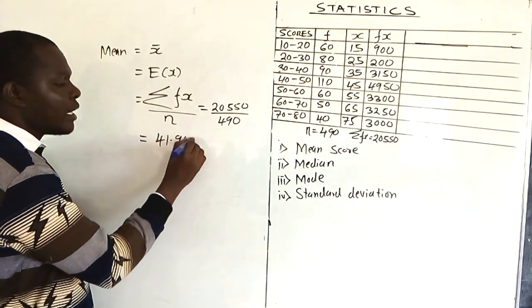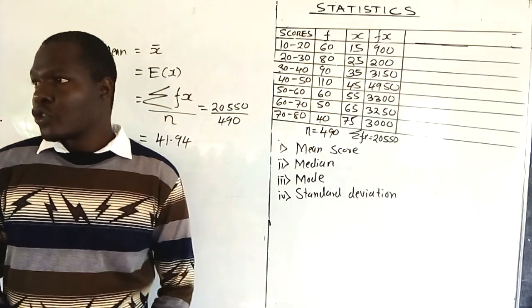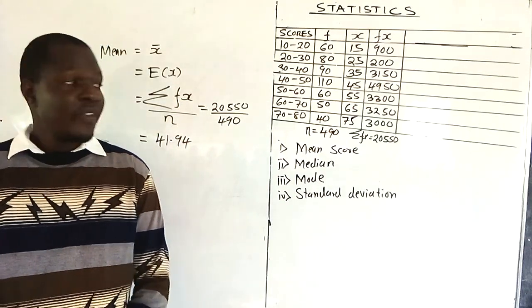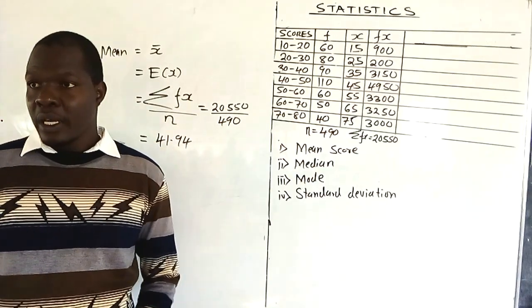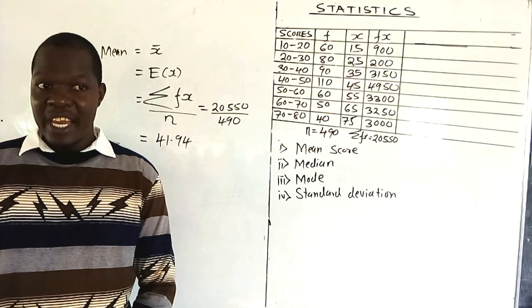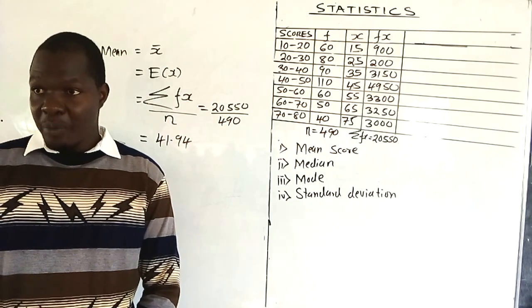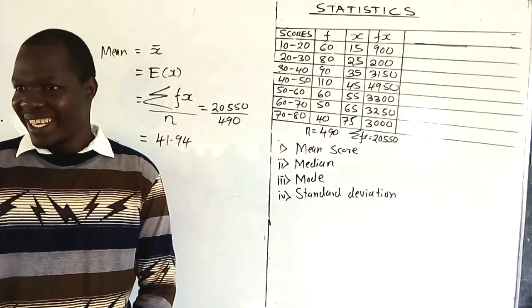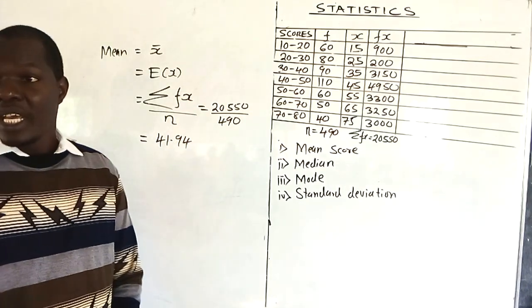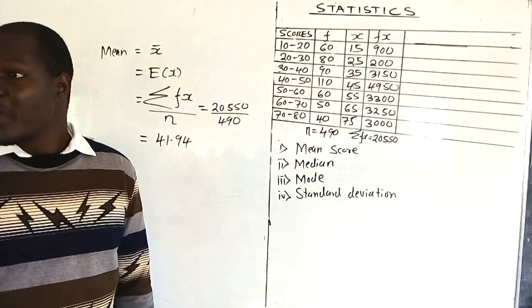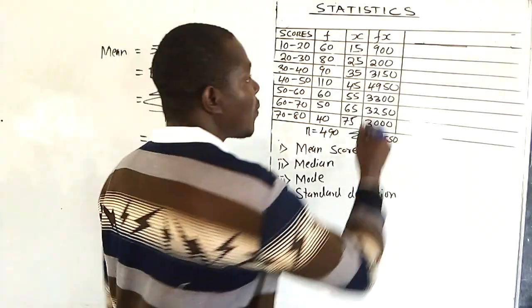41.994. Very good. So you would have calculated the mean. After the mean, you'll be told to find the median. So for you to get the median, you must know how to locate the position of each and every data value, isn't it? The position of each data value is going to be determined by the cumulative frequency C, isn't it? So you introduce a column